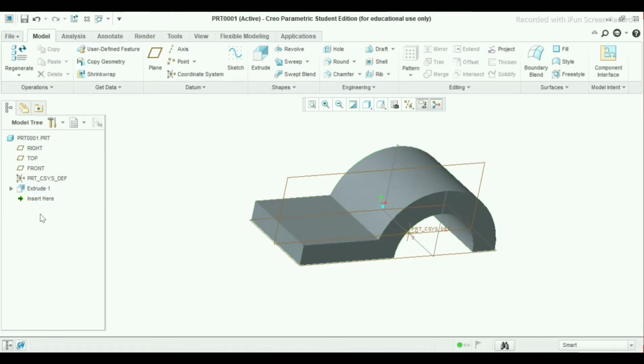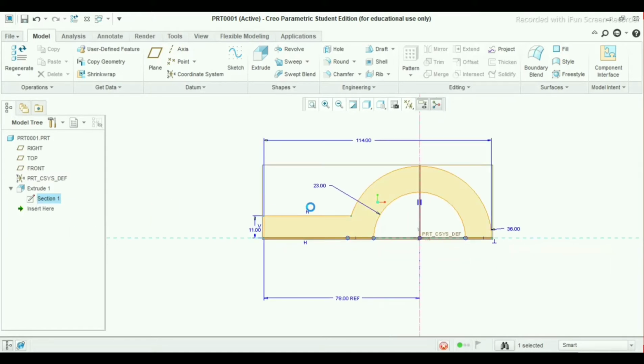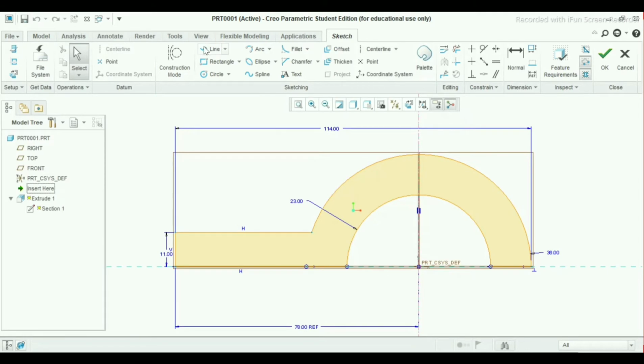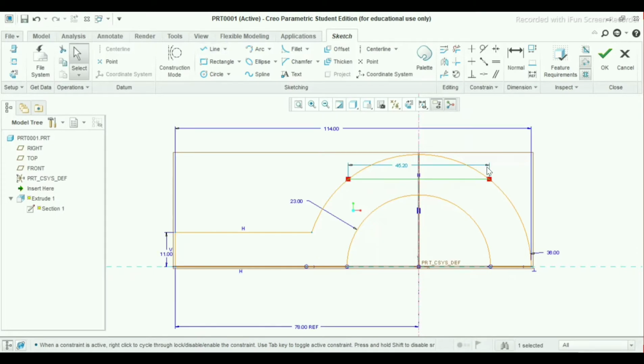I think I have left one part here. Go to your section. Edit the definition here. One line is remaining that we have to divide. Select normal, this line up to here.